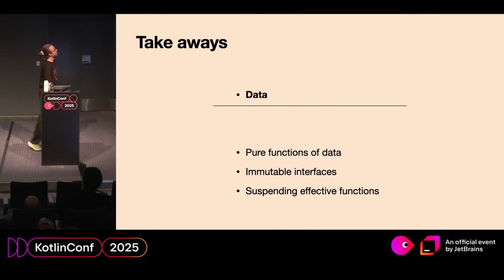Yeah, this way. This is our abstraction tool set. Whenever we need an abstraction, first we need to consider data as a tool, and only if that doesn't work completely, we can use pure functions. If that doesn't work, we need some heavy polymorphism. We want to use immutable interfaces, and if that doesn't work, we can use suspending effective functions. So those should be applied in this order to give us the most power.